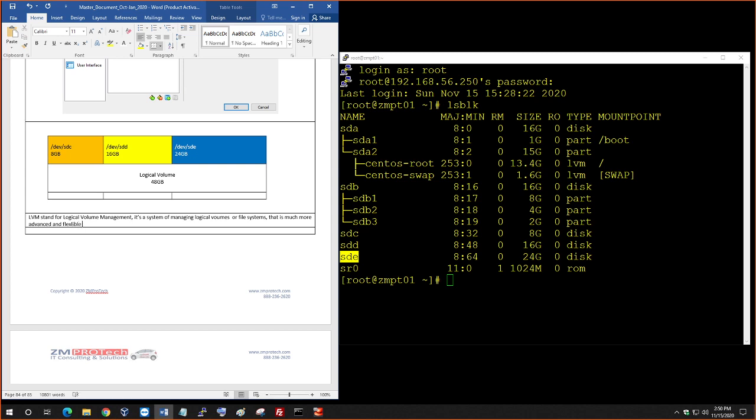Okay, flexible is the key here, than the traditional method of partitioning